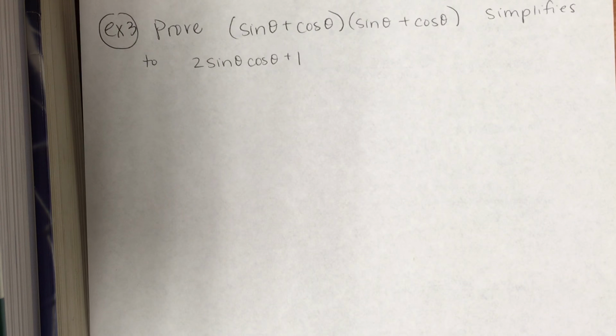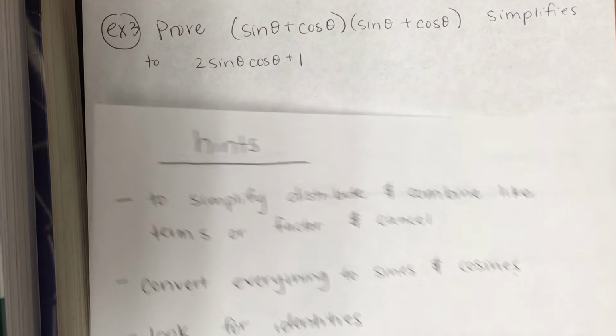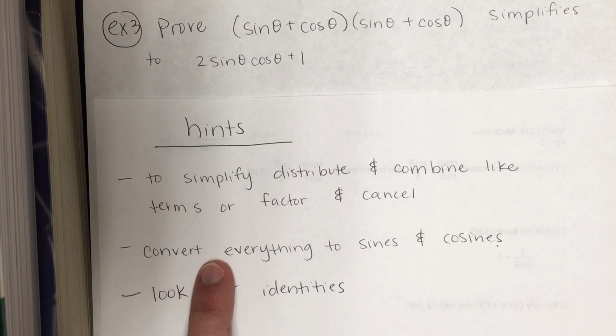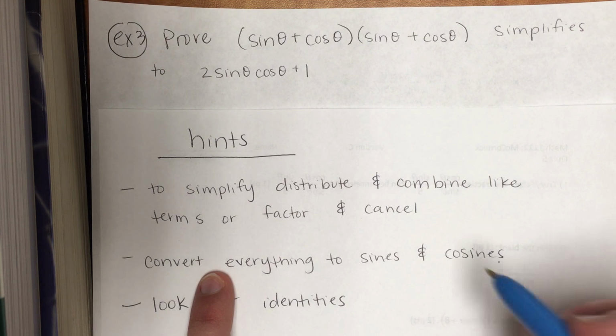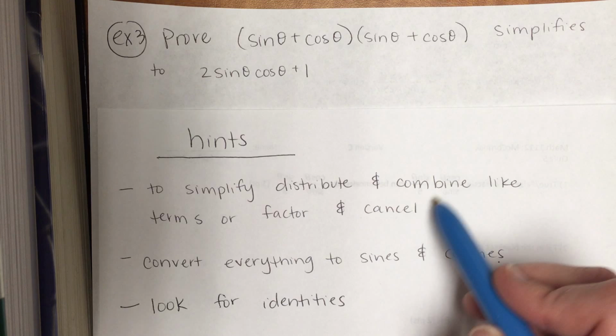Okay, we're going to do 3 examples. So example number 3, this is the third one from last time. We're going to prove that sine theta plus cosine theta times sine theta plus cosine theta simplifies to 2 times sine theta times cosine theta plus 1. So if you think back on your hints, you have a couple of options here. I would not convert everything to sines and cosines because it's already in terms of sines and cosines. And right now I don't see any identities yet. So our only option here is to